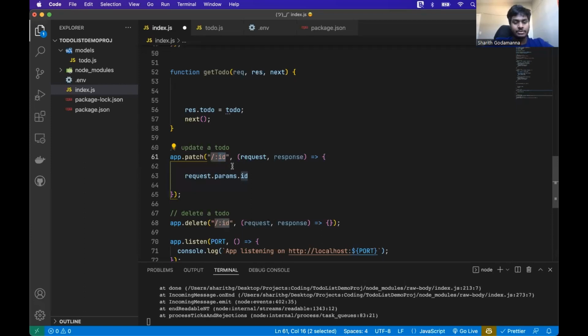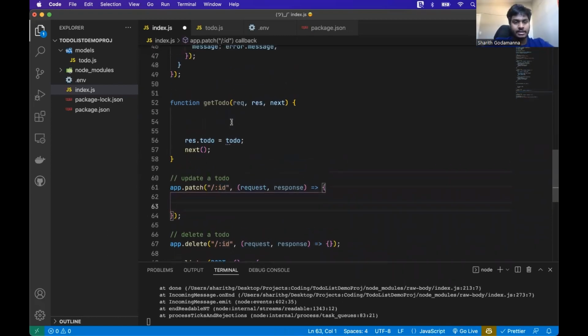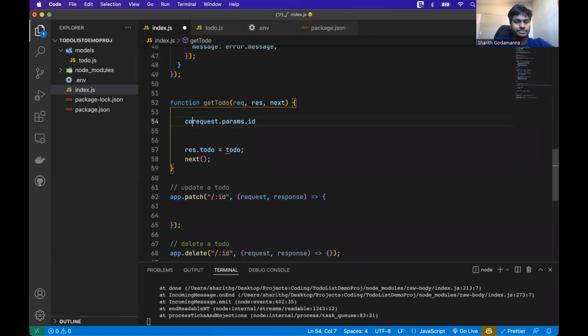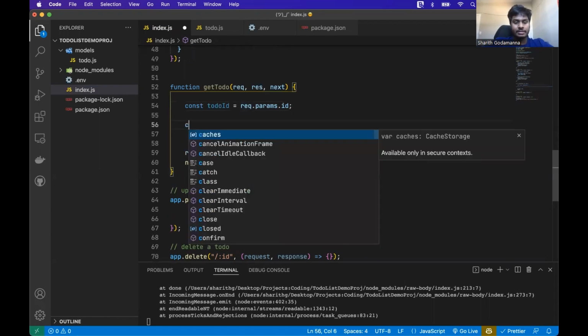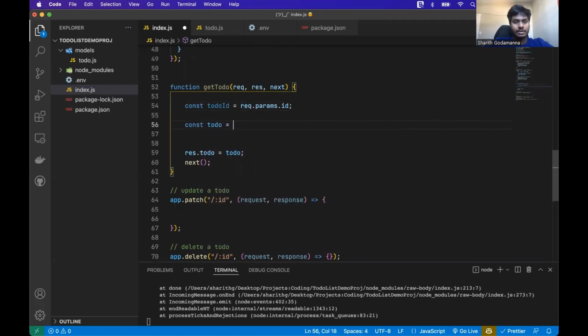If I change this to todoID, it will become todoID here. So I'll keep this as ID, and since I'm doing it here, I'll name this todoID. This should be request. And now that I have this, I can say todo equals